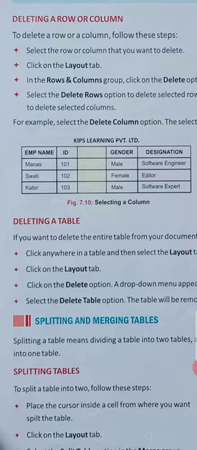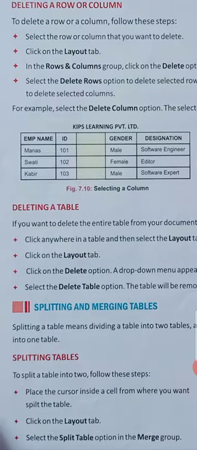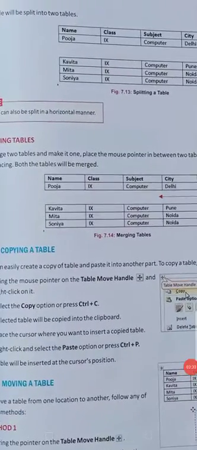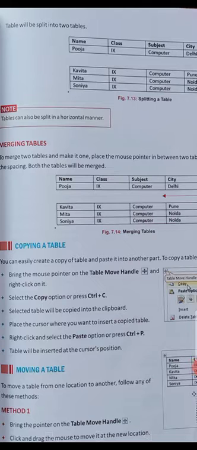To split a table, we just select our location, then go to the Layout tab and click on Split Table. Whenever we click on this, our table will be divided into two parts like this. We need to keep our cursor between them. Merging a table: if we want to merge a table, we keep our cursor there and press delete. Whenever you delete, the space will reduce and your tables will attach together. It is known as merging.